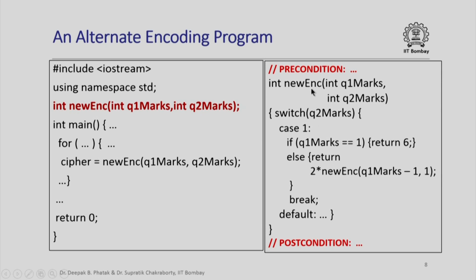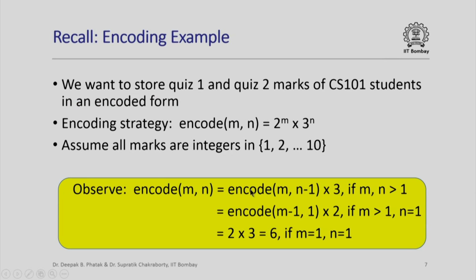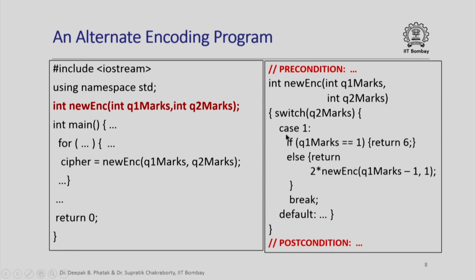However, the internals of newenc is going to be very different from what we had seen earlier. Specifically, we are going to use this form of specifying the function encode mn. So we are going to say that if quiz 2 marks is 1, and then if quiz 1 marks is